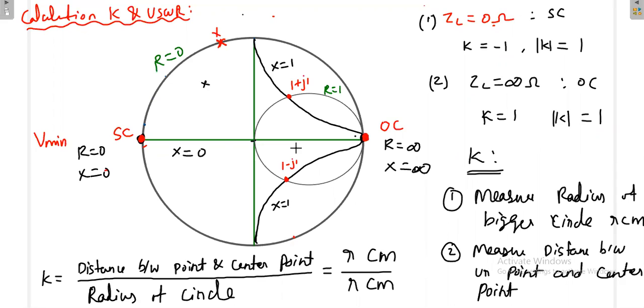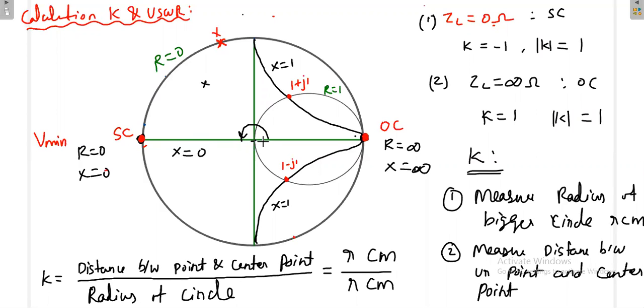It is very simple, because this is the base axis. This is along the positive axis and this is along the negative axis, so it is 180 degrees. The positive axis is the base axis, and your point is at 180 degrees with the base axis, on the left side. So whenever you have a short circuit, the magnitude is 1, that is okay. Then the angle also has to be measured.